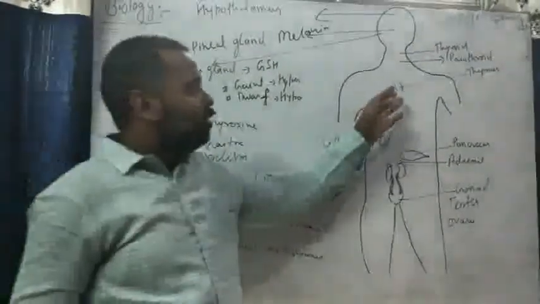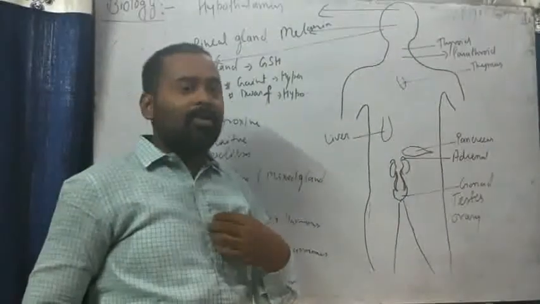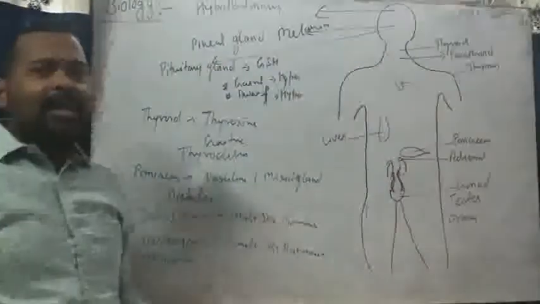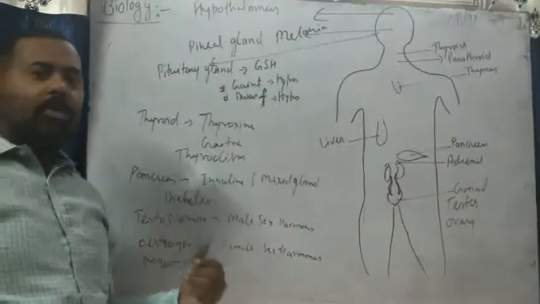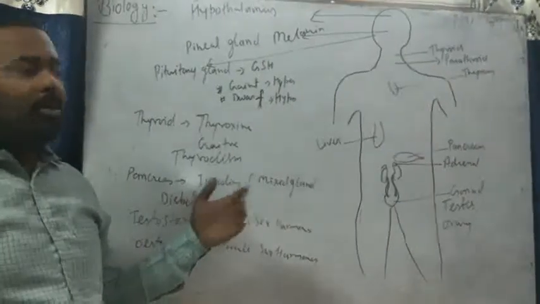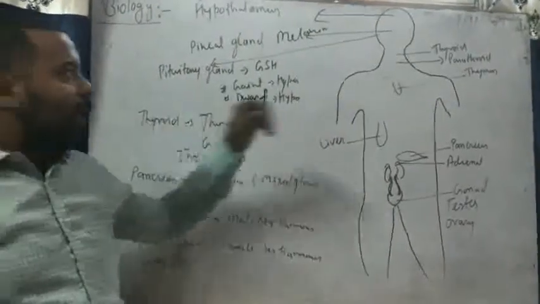And the next gland is known as the thymus gland, which is present in the middle of the chest cavity, slightly to the left side. It is active till age 13, before the puberty age, and it helps to maintain the growth and development of the human body. And after that, growth is regulated by the pituitary gland.